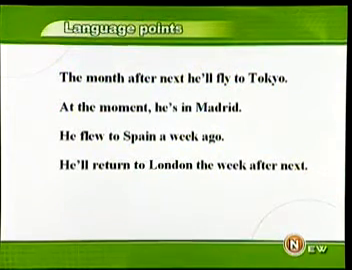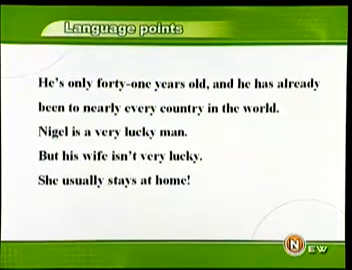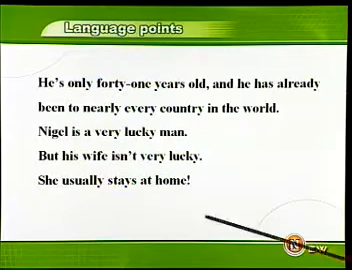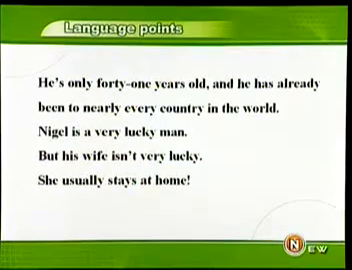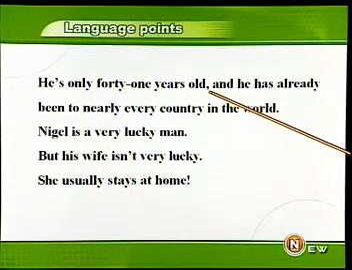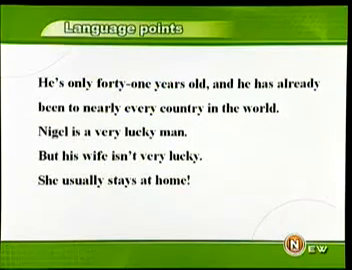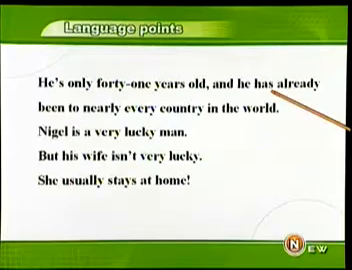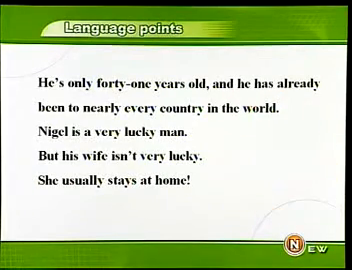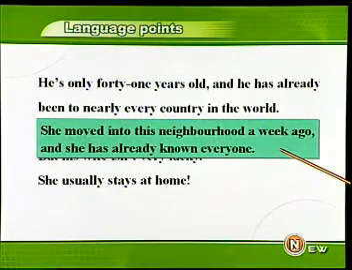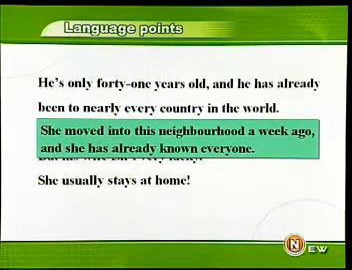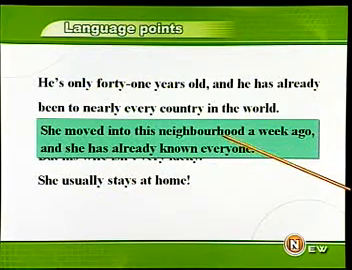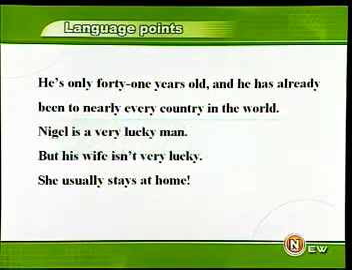The week after next，再下个星期。Return to，返回某个地方。下面谈到了 Nigel 在邻居们的心目中是一个幸运的人，原因是这样的：He's only 41 years old, and he has already been to nearly every country in the world. 他只有41岁，但是他已经去过了世界上几乎所有的国家，已经到过某个地方。我们用 have been to 的形式，因为主语是 he，所以 have 变成了 has。And 在这个句子中有转折的意思。再来看一个句子：She moved into this neighborhood a week ago, and she has already known everyone. 她一个星期以前才搬来这个街区住的，但是现在他几乎已经认识了所有的人。